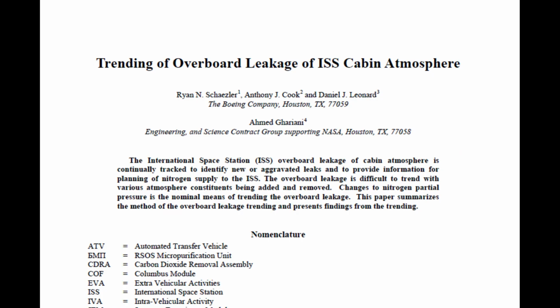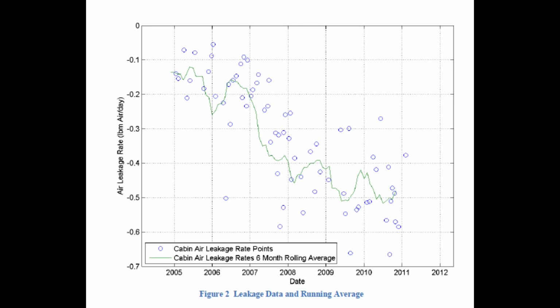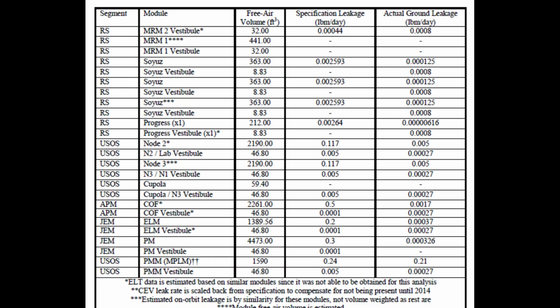Now here's a document which is an analysis of leakage of the space station up to the end of 2011, including this plot with a rolling 6 months average, and this list of current leakage rates in various sections of the station. So it's constantly happening and slowly increasing, and it's being measured. As for a more threatening leak, there's a NASA analysis that suggests a 6 mm hole would give 14 hours until cabin pressure reduced to an unsafe level, more than enough time for an emergency evacuation. Note that this depressurization timeframe doesn't factor in being able to close off sections of the station to isolate the leak.